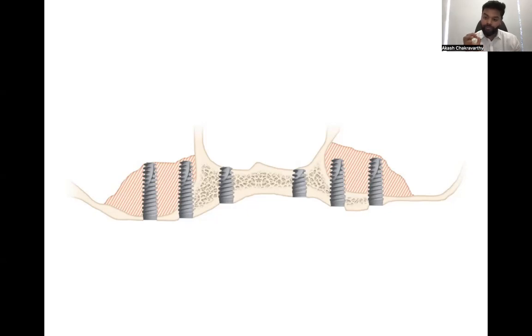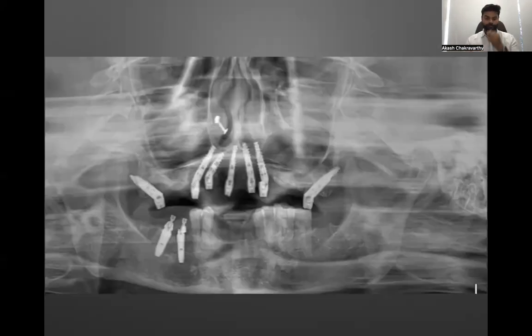But when I talk about all-on-4, it's a whole philosophy, guys. It is not just 4 implants and tilting the implants in a way and rehabilitating the patients. The principles and concepts you learn in all-on-4 can be applied to all of the other implantology modalities, any full arch case. It is not only about all-on-4. Even if I'm doing 6 implants, I am following the principles of all-on-4. Even if I'm doing 5 implants, I am following the principles of all-on-4. Okay. So the same case, we managed it this way.